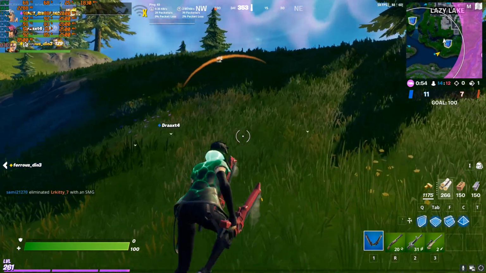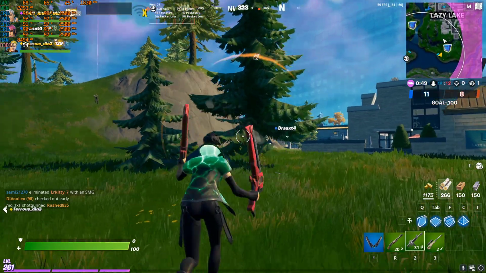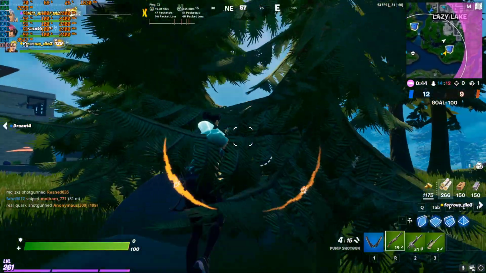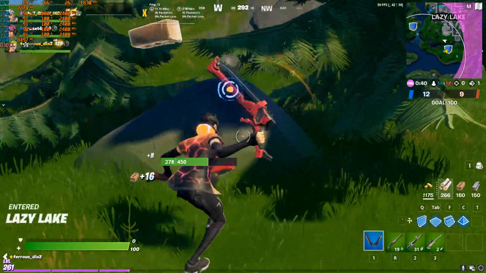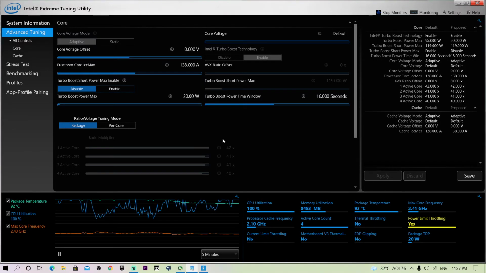I'm recording right now, so I guess the CPU is heating up a little bit more. But if I stop recording and only play the game, then I'll get even better temperature and better performance. But yeah, this is it, guys. This is how you can actually control.